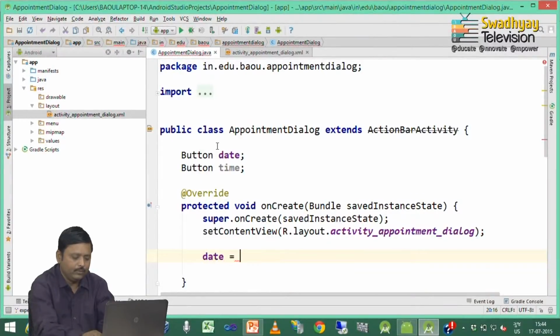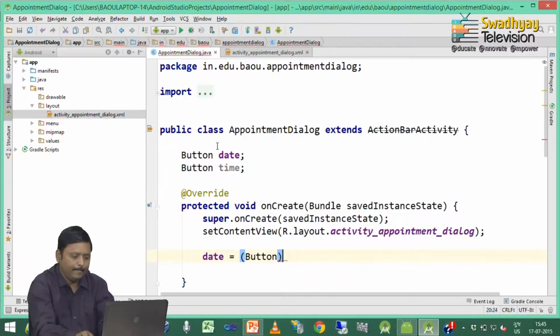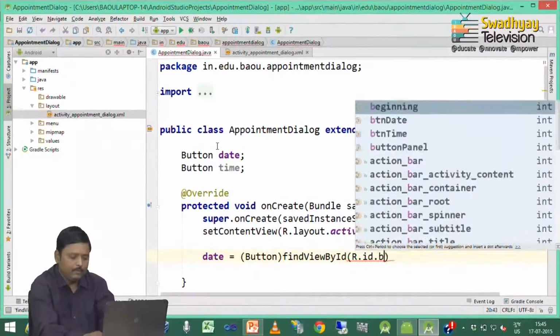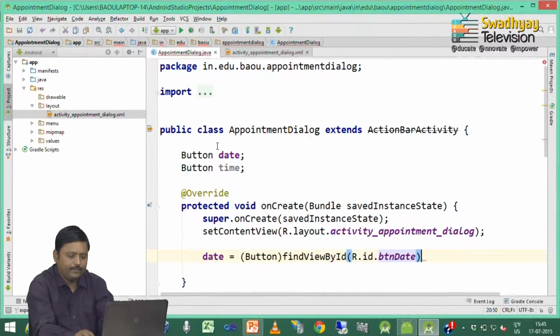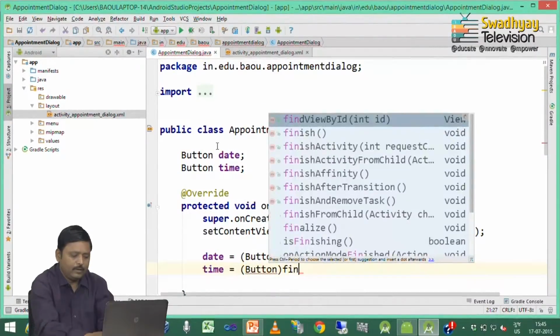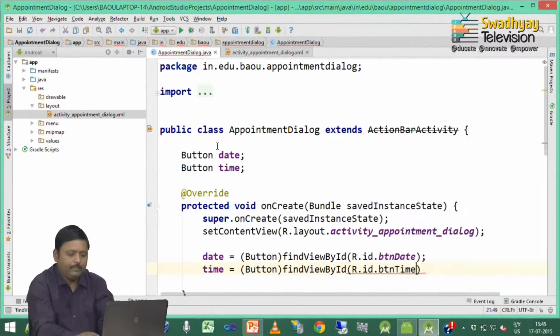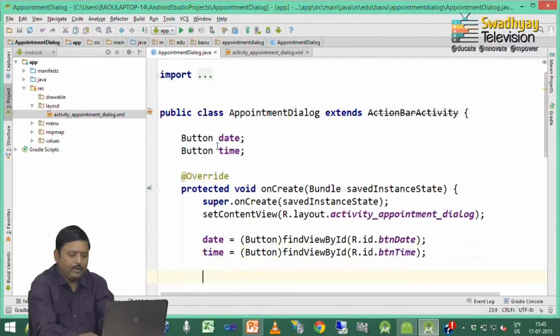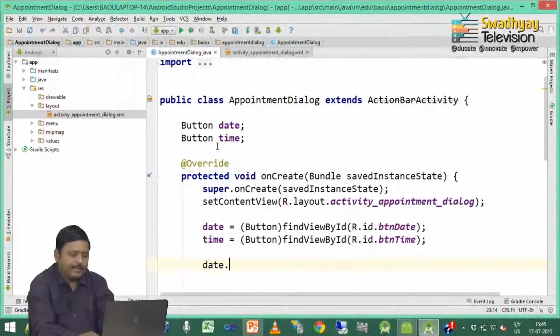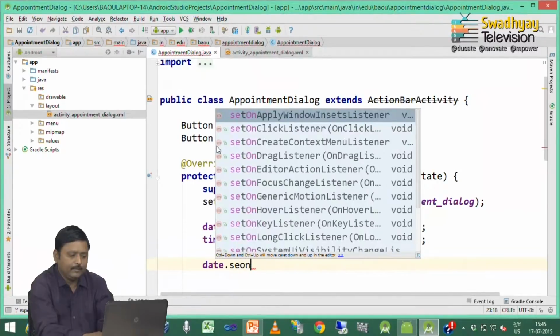So, date is equal to button which is represented by ID btn date, and time is button represented by ID btn time. Now, inside these date dot set on click listener,